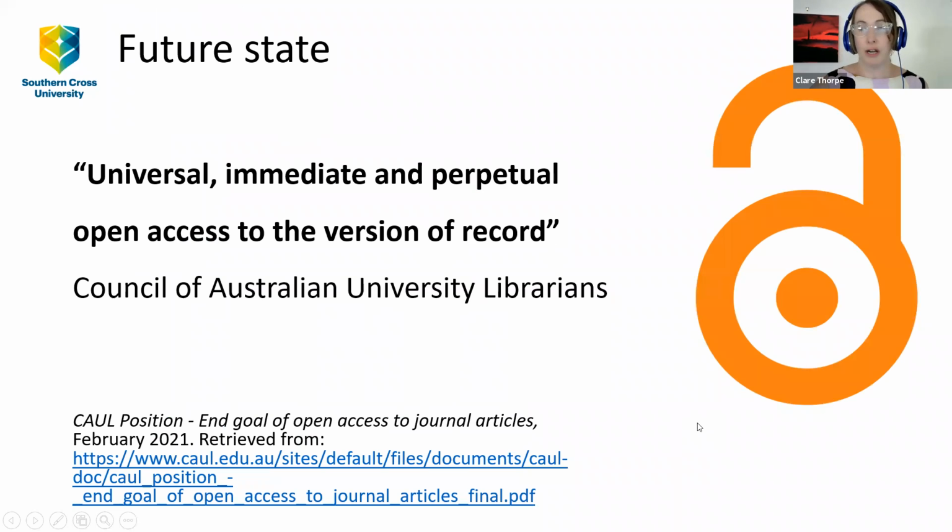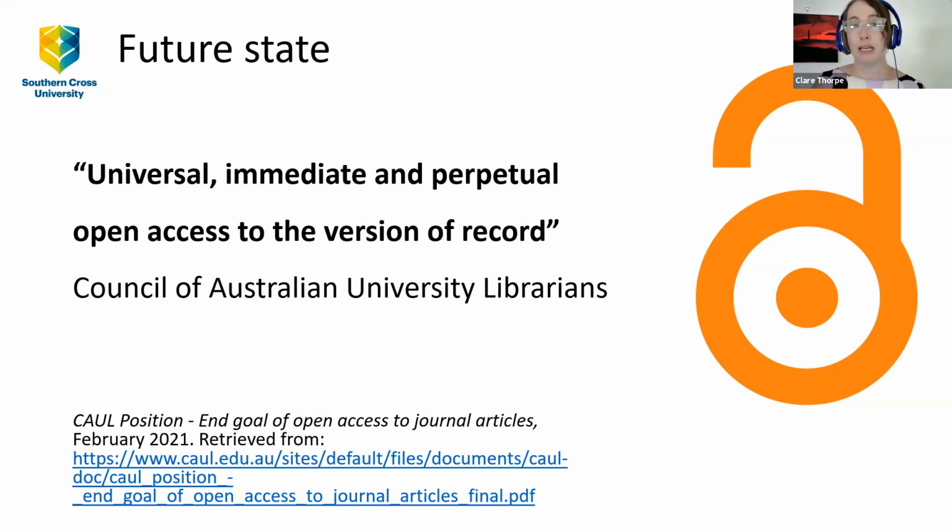So I'm going to move on to, we've only got another 10 minutes or so, maybe less, depending on how quickly I talk. But I'd like to share with you some really exciting information about some of the work that's happening within a consortium that Southern Cross Library is a part of in order to increase open access publishing here at Southern Cross and right across Australia. So we are a member of the Council of Australian University Librarians, sometimes referred to by the acronym CAUL. And CAUL has been working very closely with the Chief Scientist on her open access agenda.